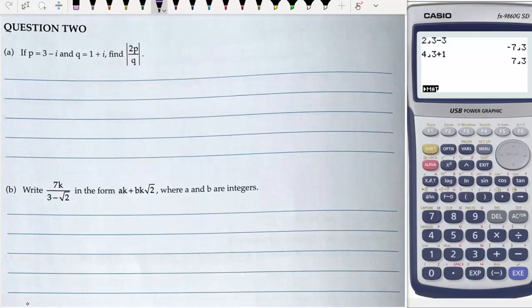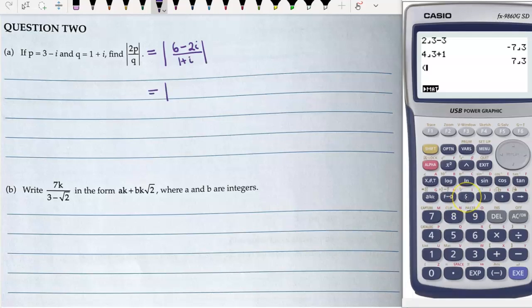Okay, finding the modulus of 2p over q for question 1. That's going to be the modulus of, well, 2p is 6 minus 2i, and q is 1 plus i. So this will be the modulus of that division there. So 6 minus 2i divided by 1 plus i is going to be the modulus of 2 minus 4i, which is equal to the